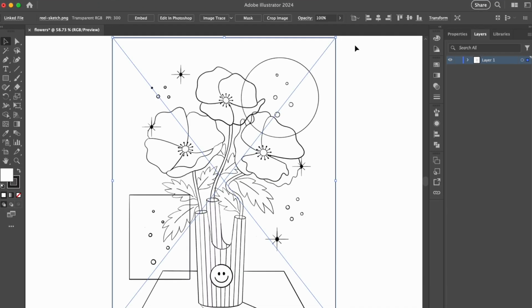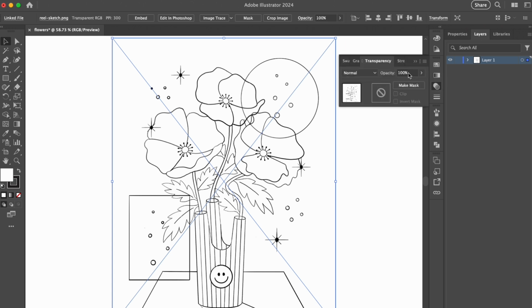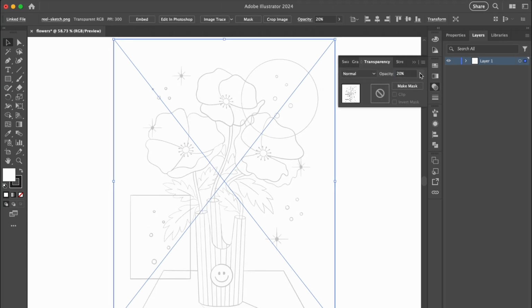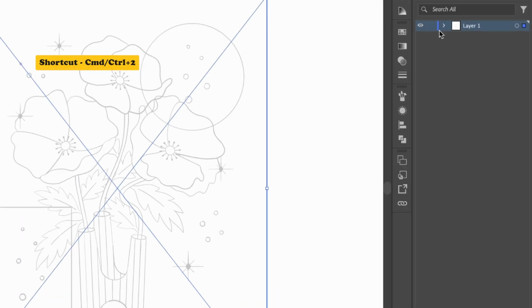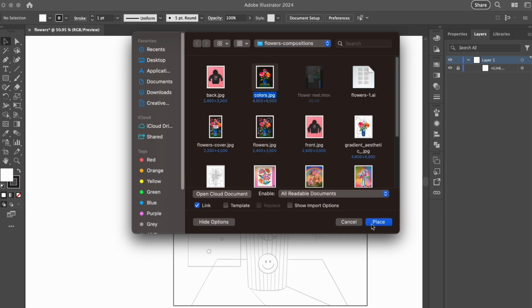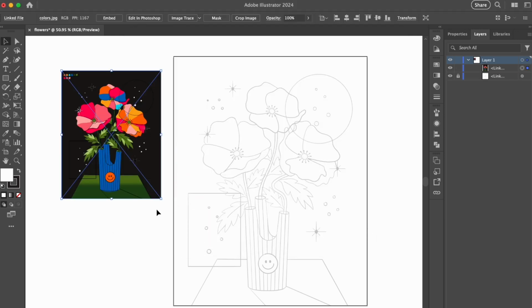Align it to artboard, lower opacity to 20% and change blending mode to multiply if it's JPG. I am not changing it because I export sketches in PNG format. Then lock this sketch layer. I am also placing a rough colored version which I created in Procreate, but you can directly create color palettes